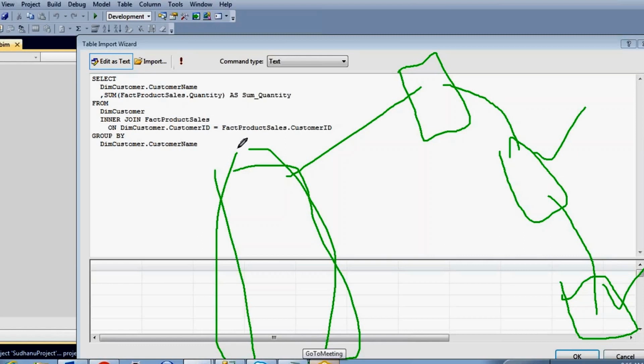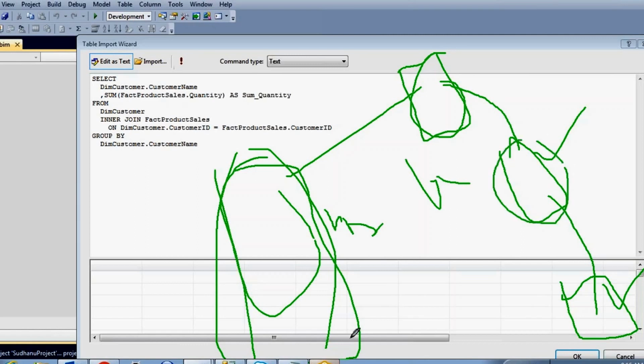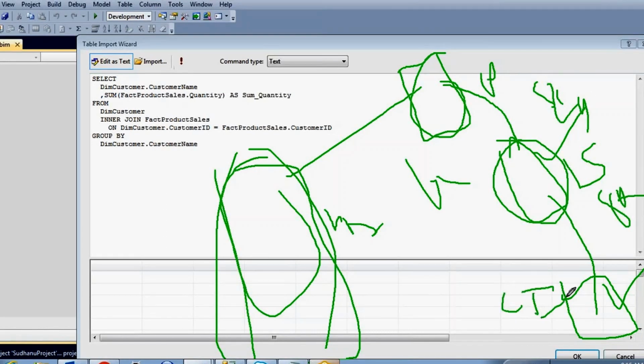Okay. Whenever you want to find out the sales amount for each category, how can you find out? You have to join this fact table with the product table on the product id, this subcategory table with this product table on subcategory id, and this subcategory with category on category id. Yes. Okay, so in that way you can reduce the redundancy.